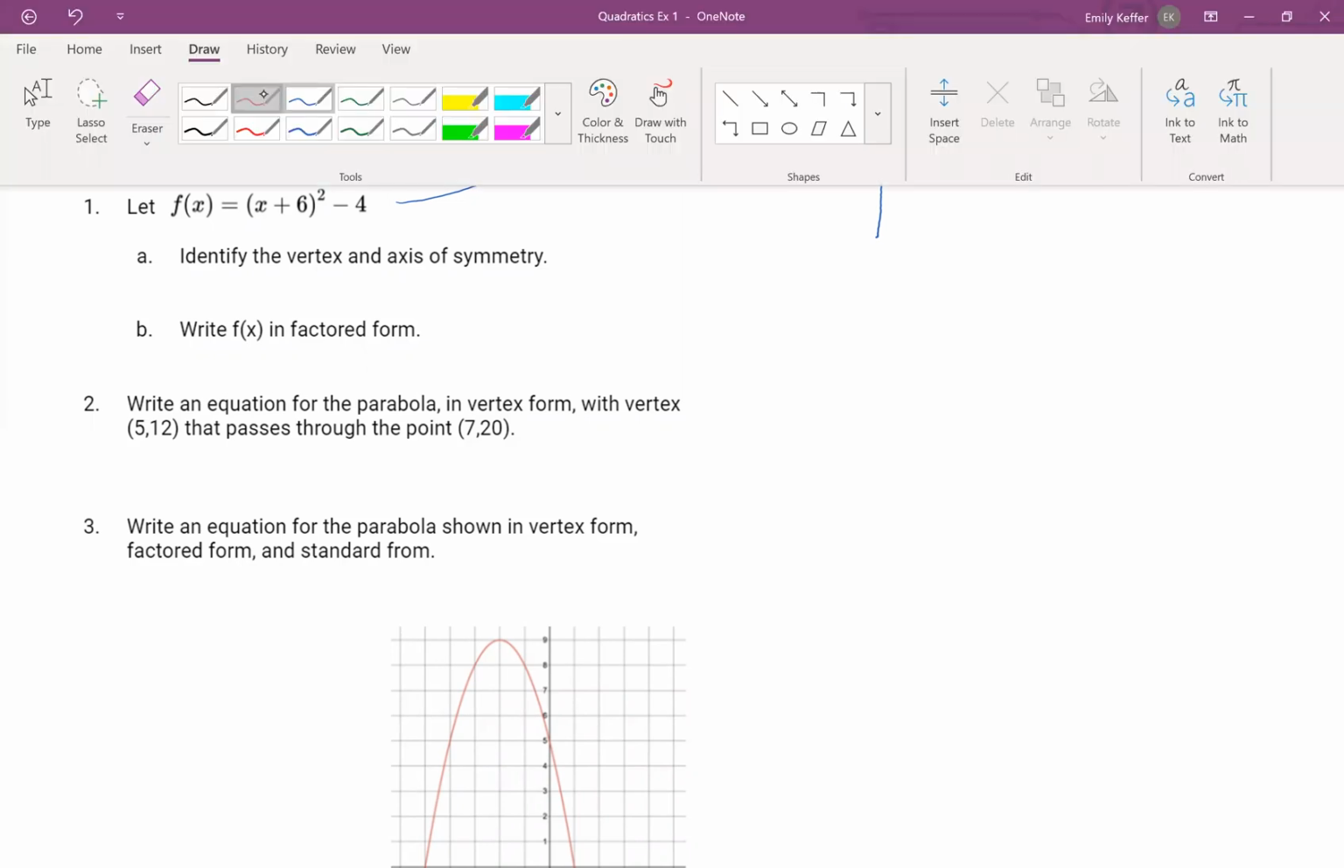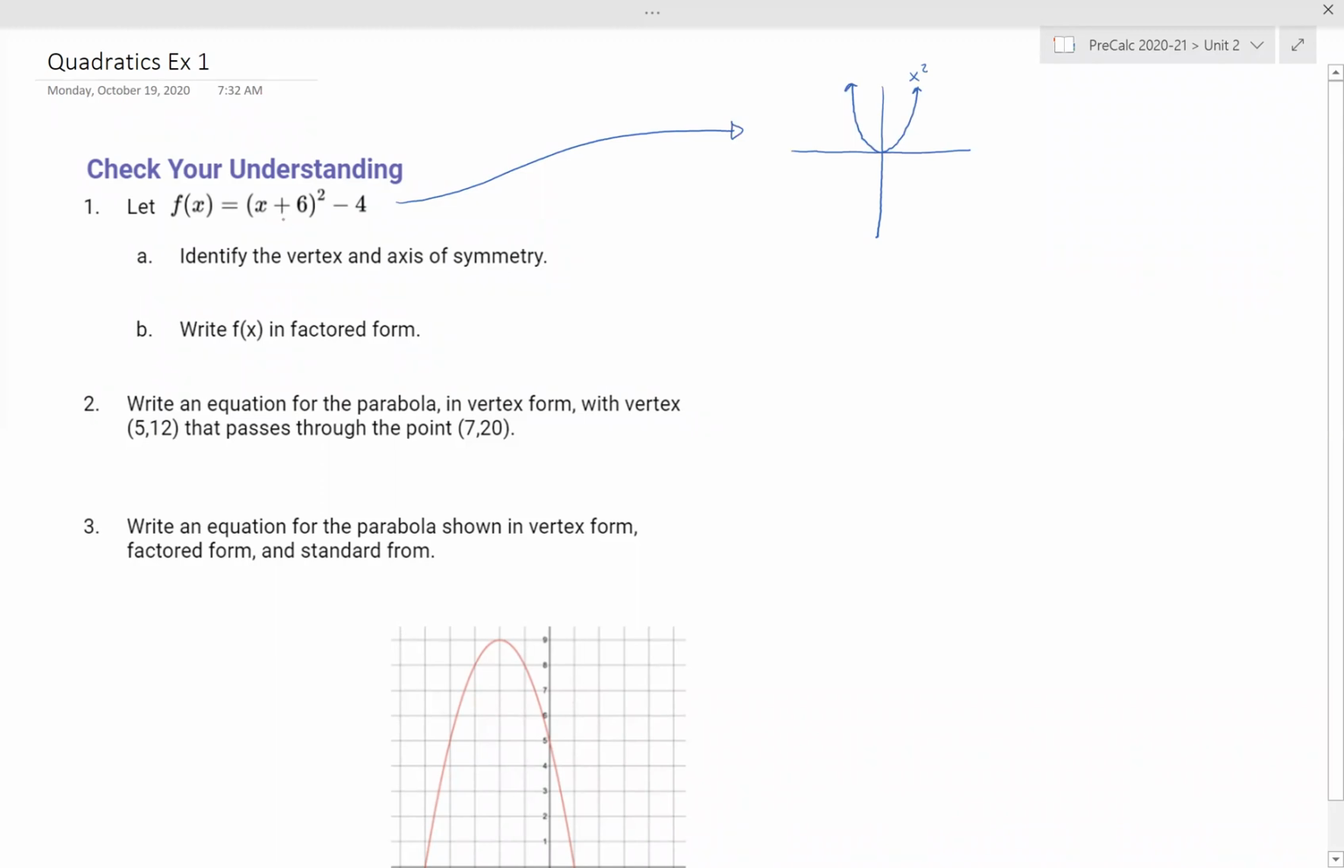If I have x plus 6, that would give me a horizontal shift. Remember, it goes the opposite direction, so it's going to go to the left 6. And this minus 4 is going to give me a vertical shift down 4. Typically when I shift parabolas, I like to just pick that nice vertex point and move it, which means we end up with a parabola with the vertex